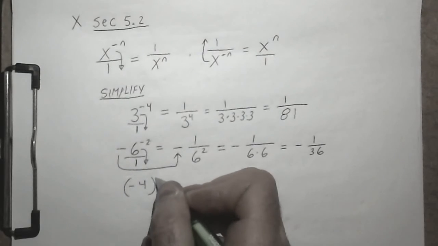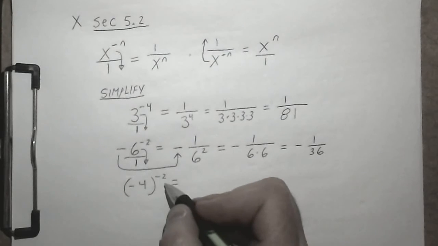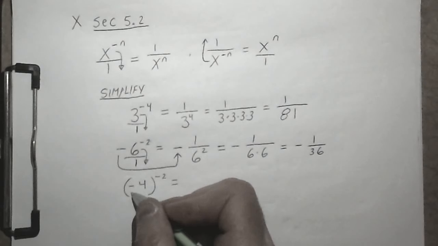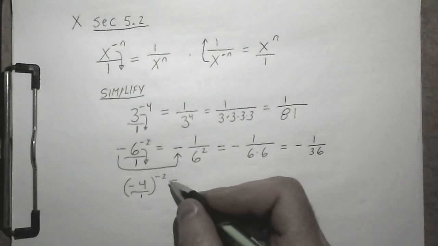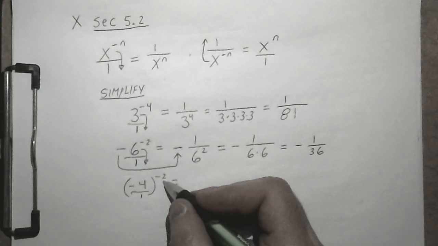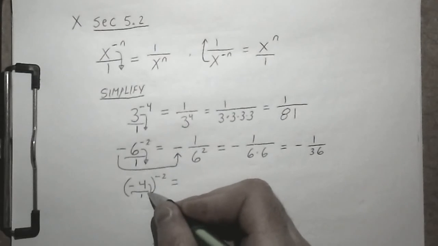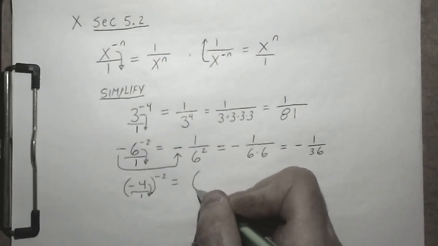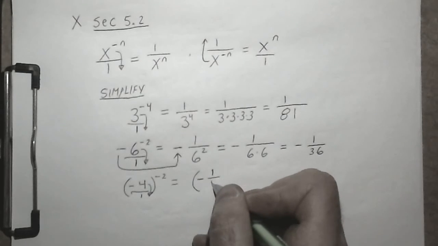If I have negative 4 raised to the negative 2 power, this is saying everything inside the parentheses must be subject to the negative 2 power. Inside the parentheses, we really have negative 4 over 1 understood. And so to get rid of this negative exponent on the outside of the parentheses, to make it a positive 2 exponent, we're going to have to take this base of negative 4 and flip it down into the denominator. In which case, we're going to then have negative 1 over 4